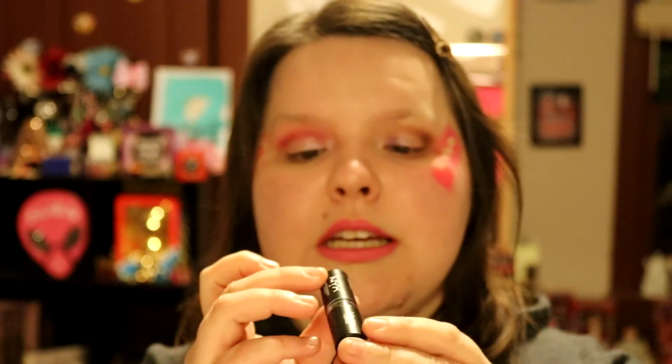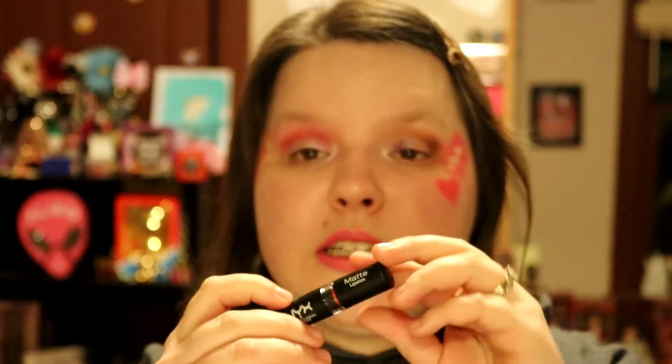I'll demo this one for you guys. Maybe a little more pink than you're going for, so you might want to go for the more nude one, which would be that one. But Jeffree Star's liquid lips and everything like that are really good formula, so he has some nude shades too, but this was just a more pink option. So now for an orangey red, I have the NYX Matte lipstick in shade Indie Flick, e.l.f. moisturizing lipstick in shade Red